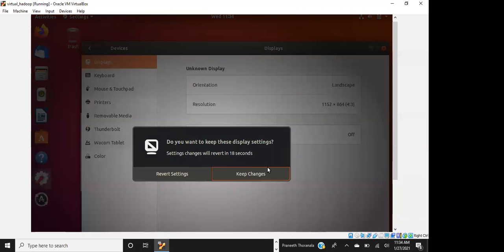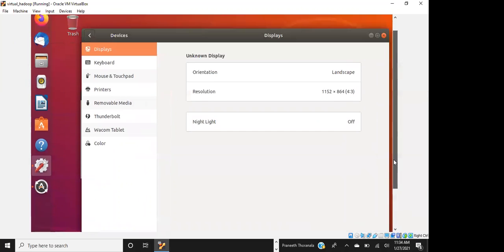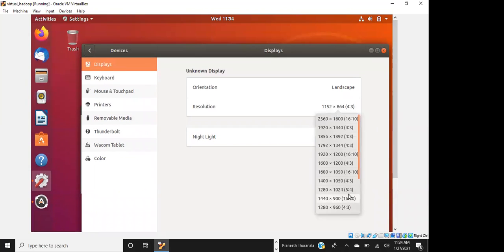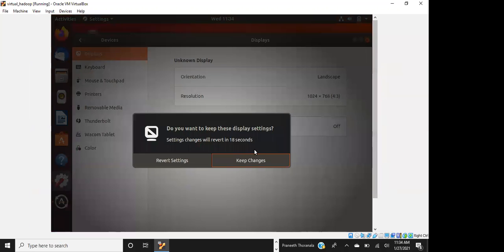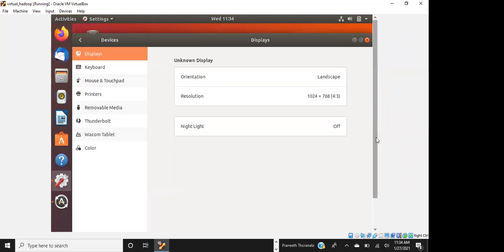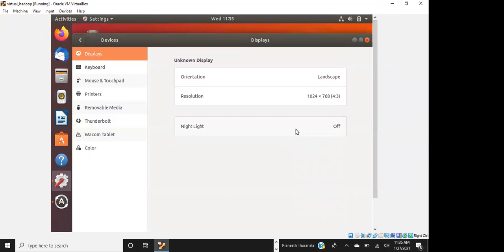Still you need to reduce this vertically. Maybe 1024. Vertical is not going. This is not good. Okay, let it go for now. I'll keep this. Just scroll down and say apply. You already applied, so just close this window.